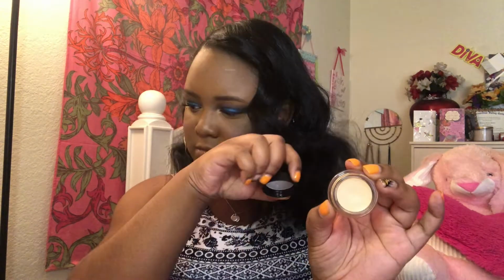And then speaking of MAC, I also have this. This is the MAC Soft Portrait. This is the Pro Longwear Paint Pot. This is what it looks like. And the reason why I got this is because I got it for the 21-day Ulta Beauty sale, and the reason why I actually kept on to this,